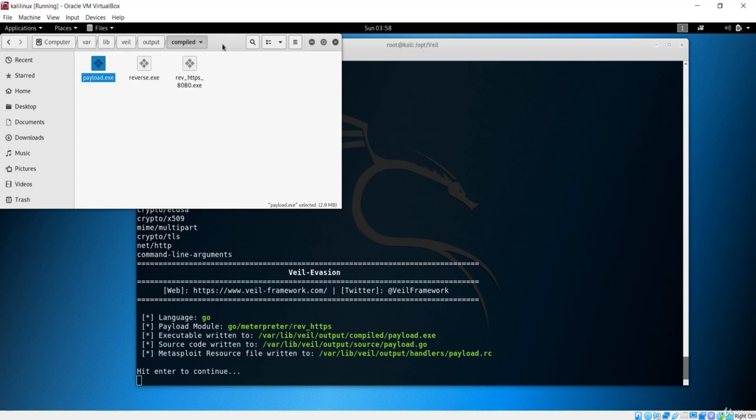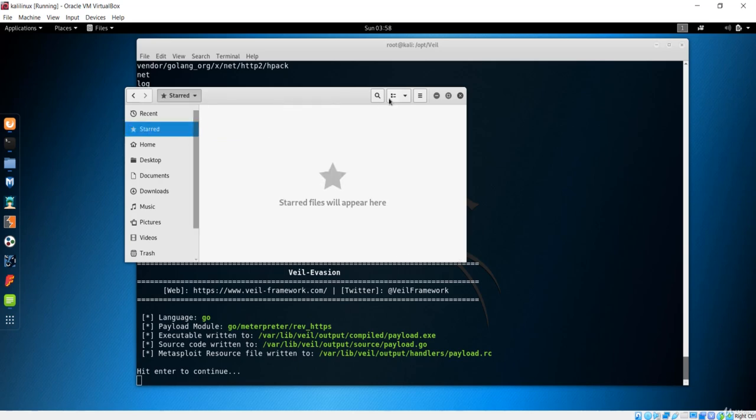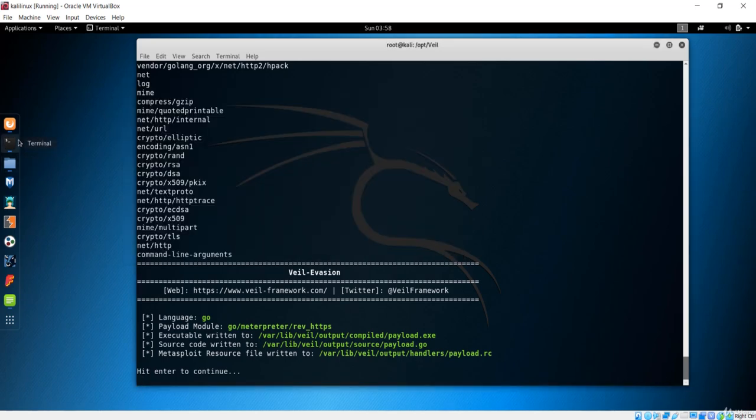The next thing you need to do is set a listener, because while sending this payload to the client, the server will get the connection. There should be some port that the server is going to listen on, so that the client will get a connection from that port. In order to make that connection, you first have to use this console, which is the interface given by Meterpreter.